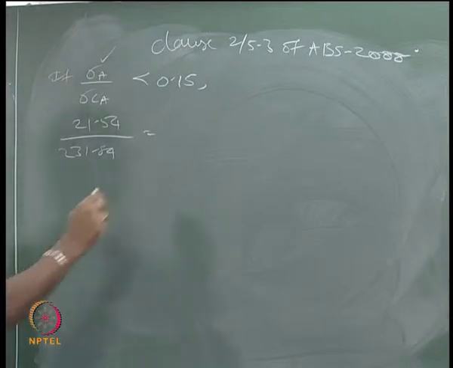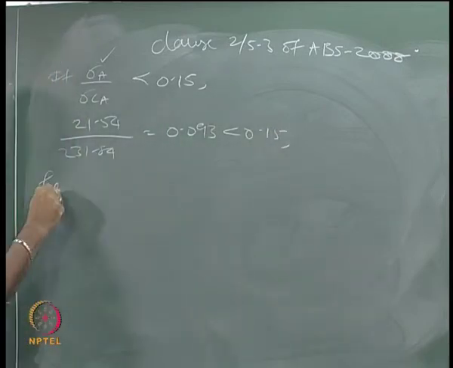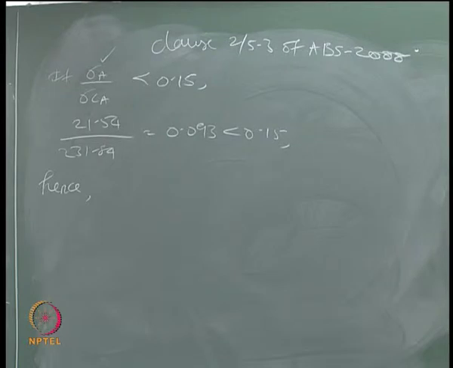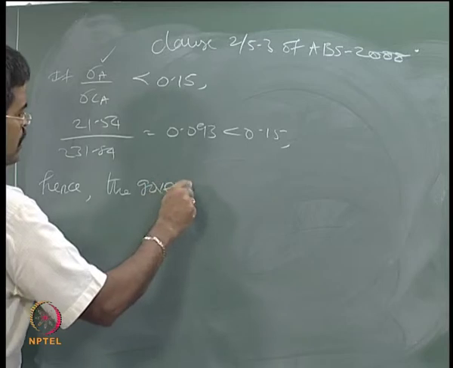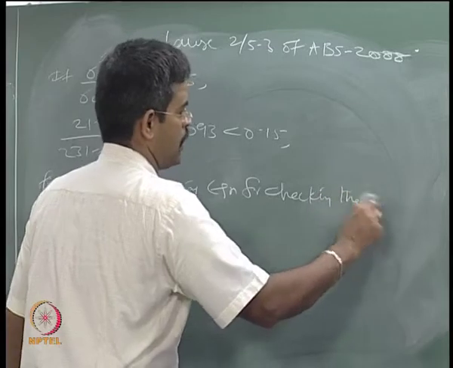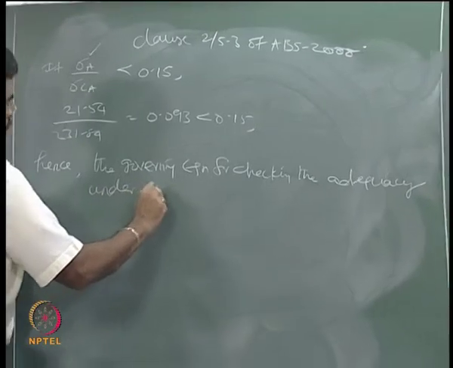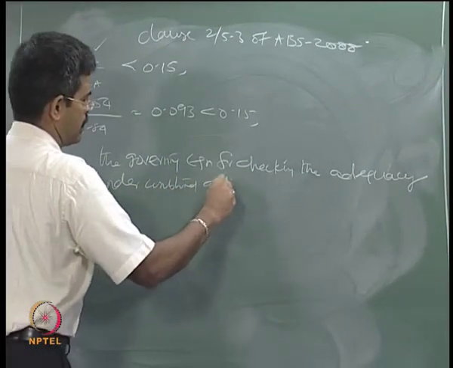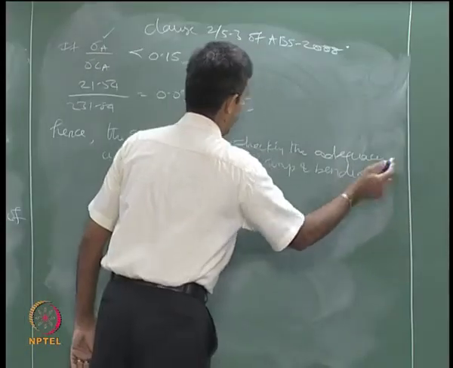This value comes to 0.093, which is less than 0.15, hence the governing equation for checking the adequacy under the combined action of compression and bending is given by